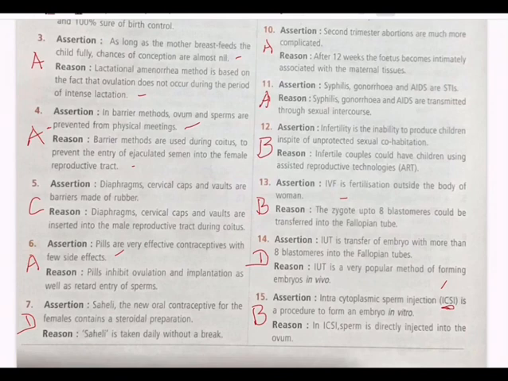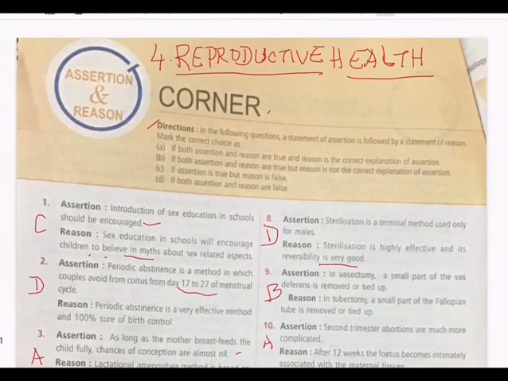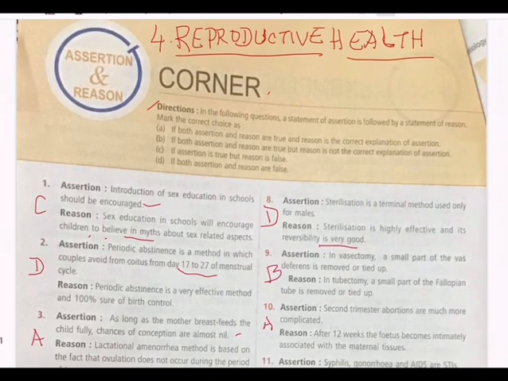So the answer is B, that is assertion correct individually, reason also correct, but reason is not the correct explanation, because in assertion we are talking of a procedure to form an embryo in vitro, and here we are talking of sperm directly injected into the ovum. So no connection between these. So this is how you answer or arrive at a conclusion based on the